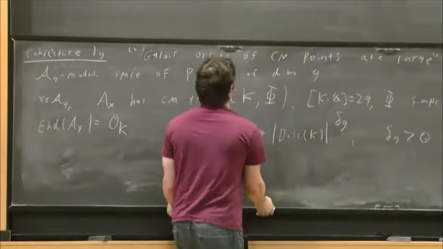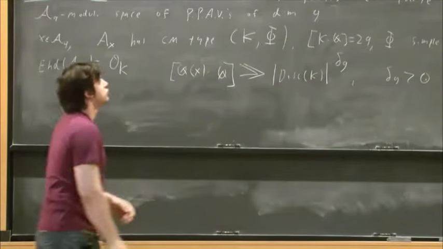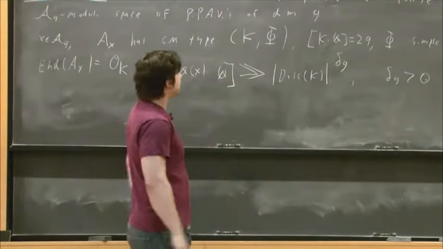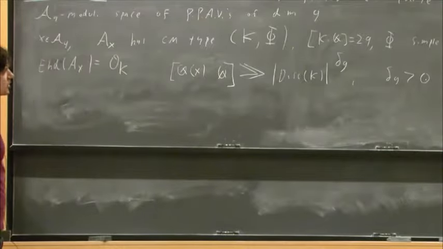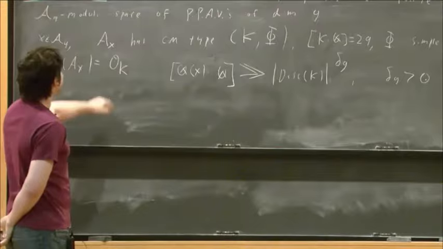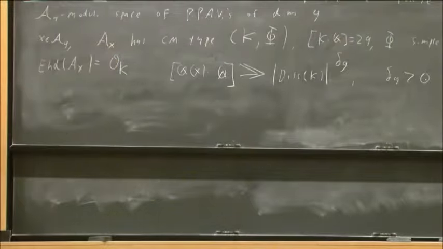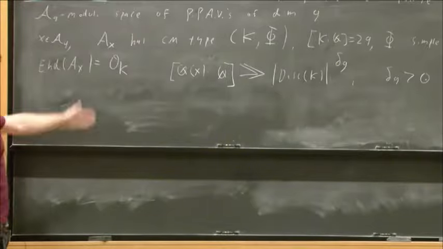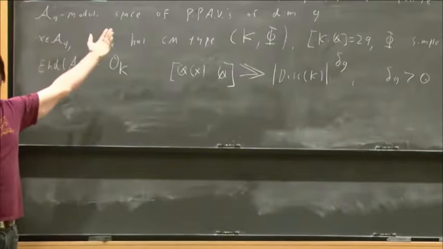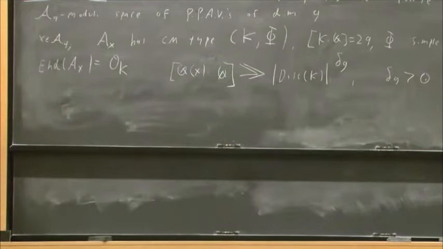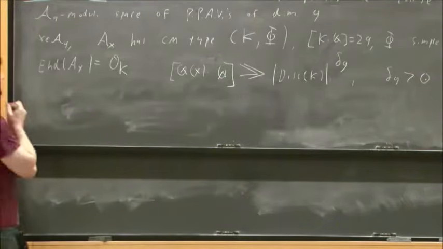OK? So some quantified version of saying that Galois orbits are large. In fact, you can state an easier conjecture, or theoretically an easier conjecture, where you just say finitely many of these are defined over Q, for example. And in all the approaches I know, they're the same difficulty. So if you can prove anything at all, you'll probably prove something like this. At least that's what experience shows.